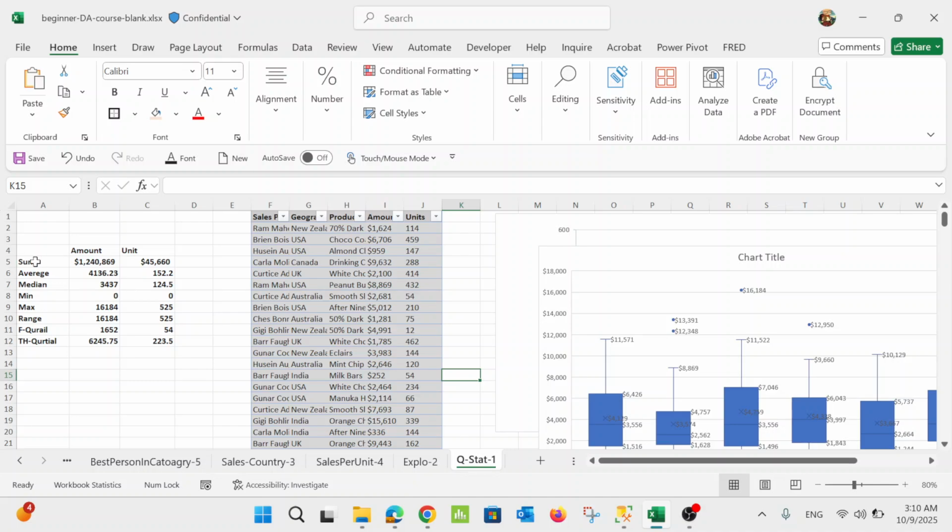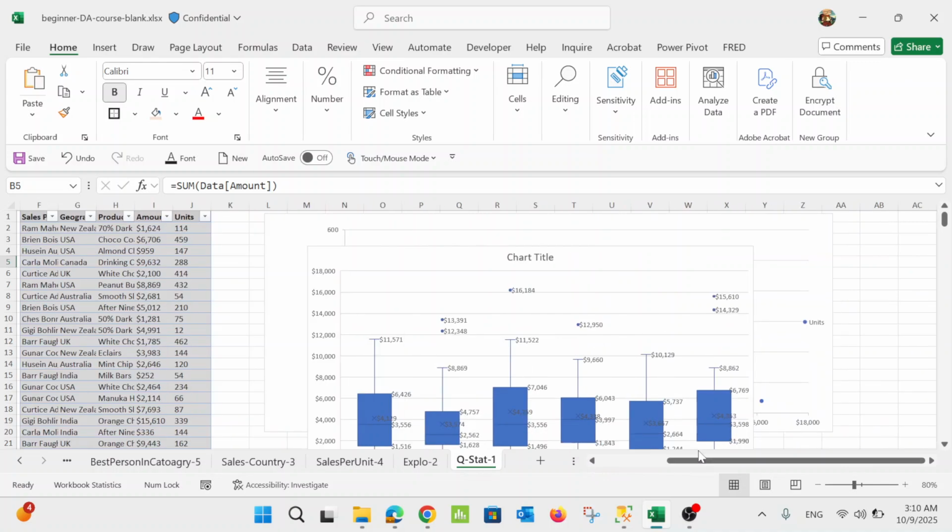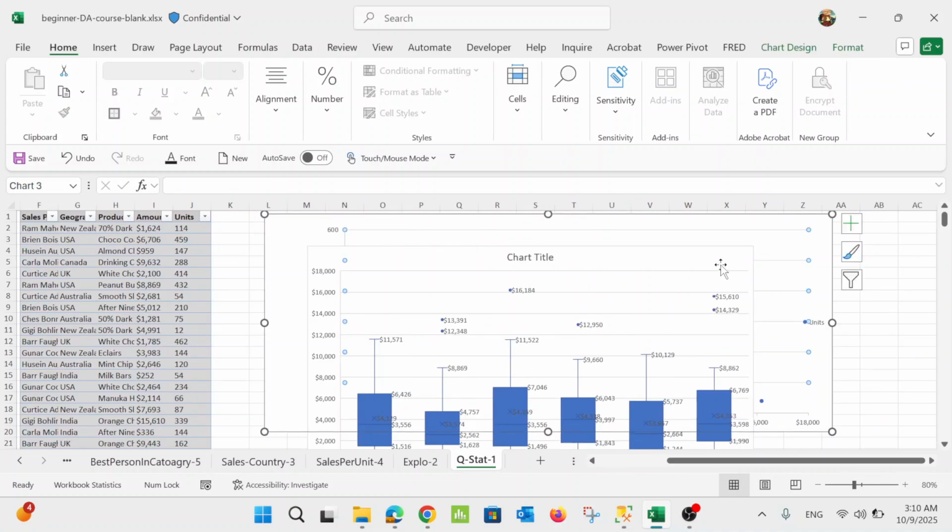What I'm doing here is not computing one by one in a spot, but using some functionality to help me do the statistical analysis. And also I have this chart over here.